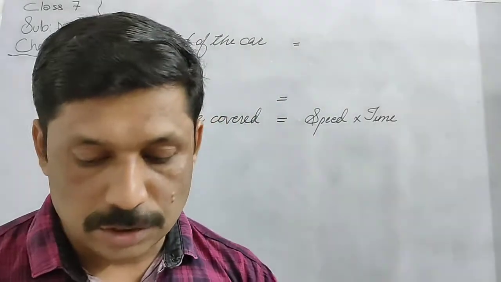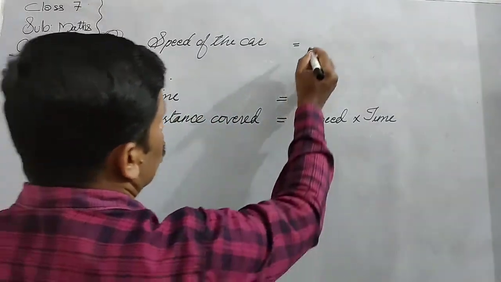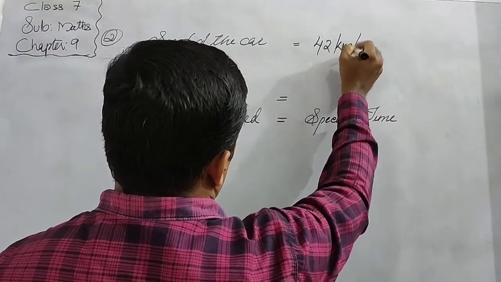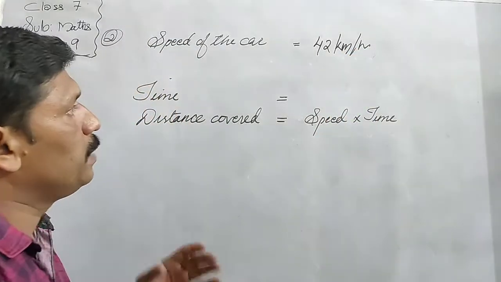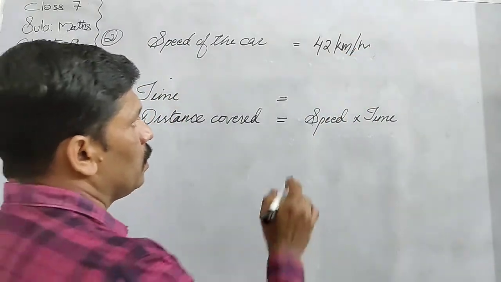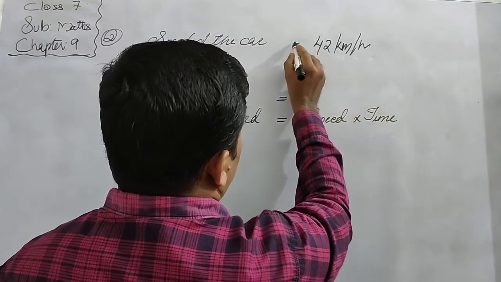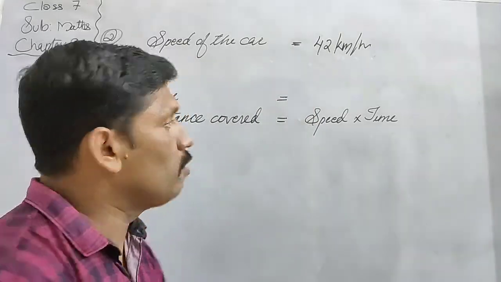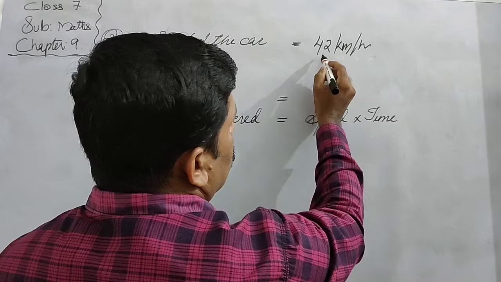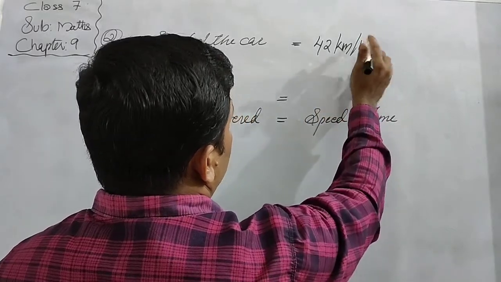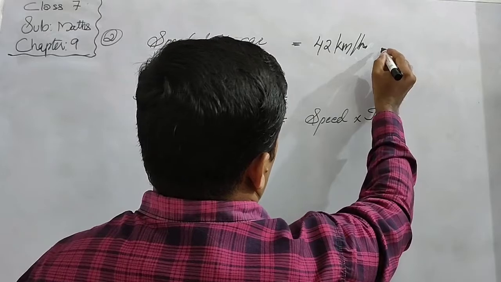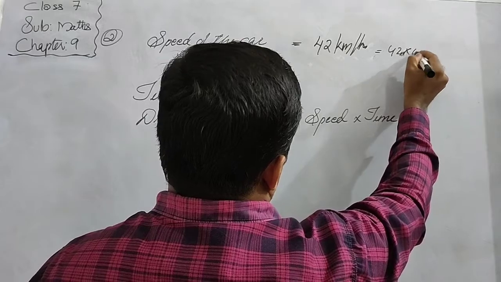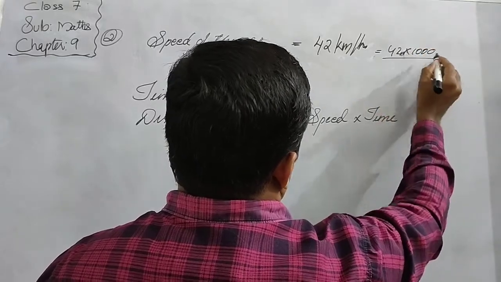So students, let us listen. Here the speed of the car is equal to 42 kilometer per hour. That is the speed of the car. So this speed we have to change to meter per minute, because here it is 42 minutes, and how many meters he traveled, that we have to find out. So how to change kilometer per hour into meter per minute? In 1 kilometer, 1000 meter is there. Therefore, we multiply 42 into 1000 and divide by